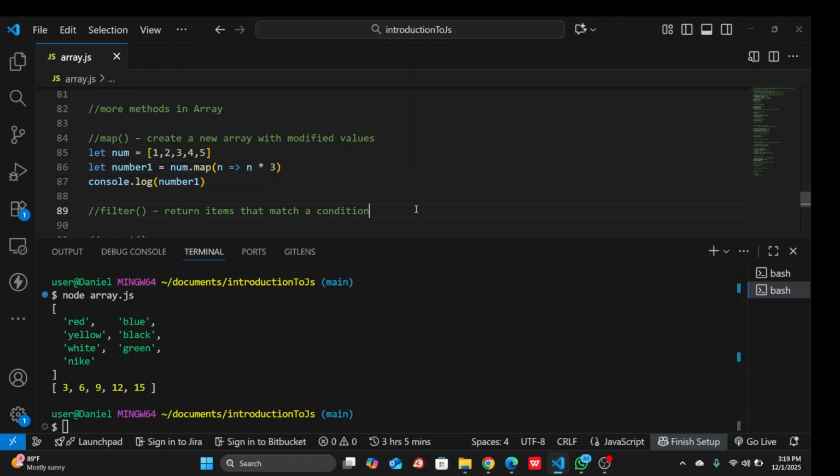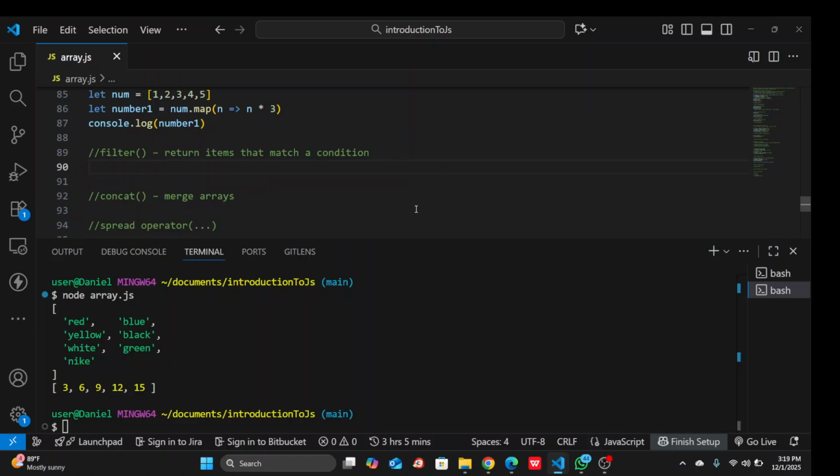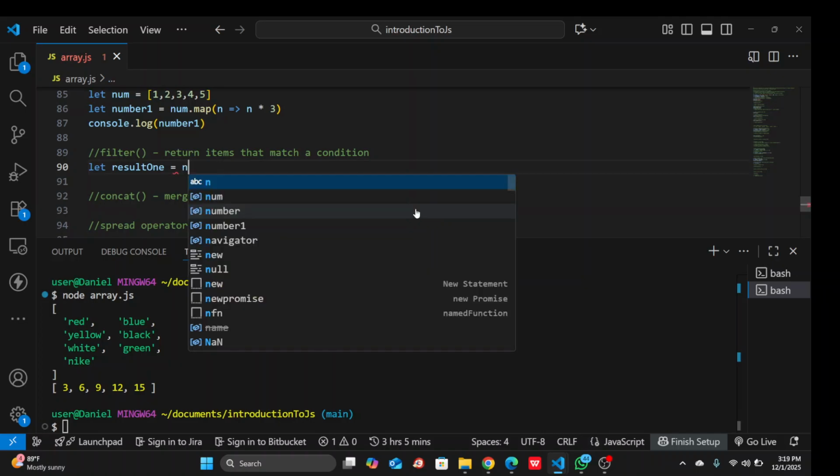So let's go to the next one called filter. Filter is different in the sense that it returns specific items that meet a condition. Right? So we can filter through a document. For example, let's make use of this num now. So let's keep the results. Let's call it results1. I don't know if I've used this variable before. So remember our camel casing. So we use num1